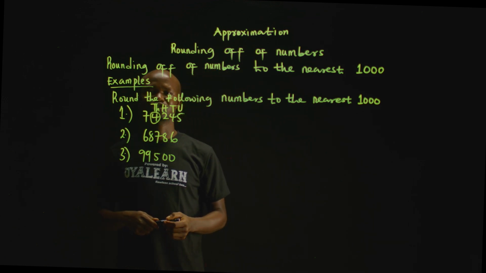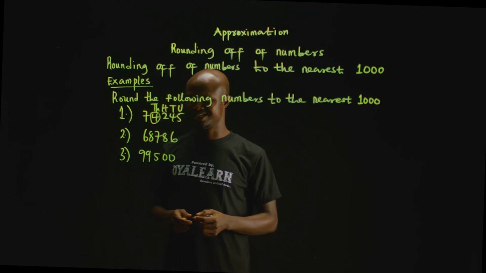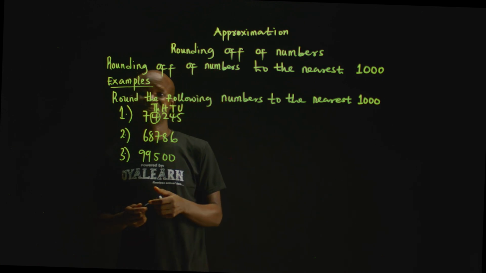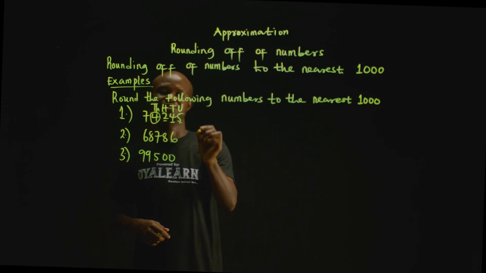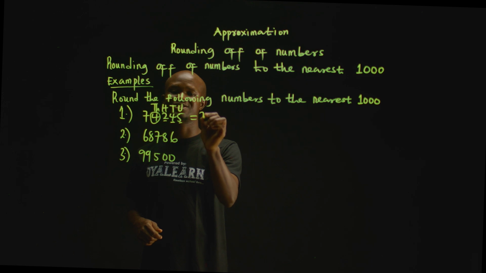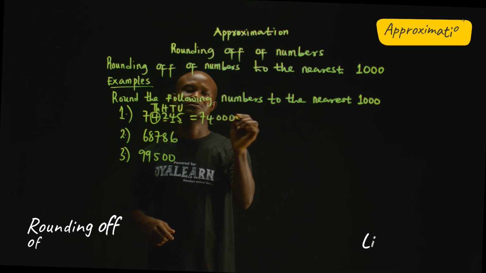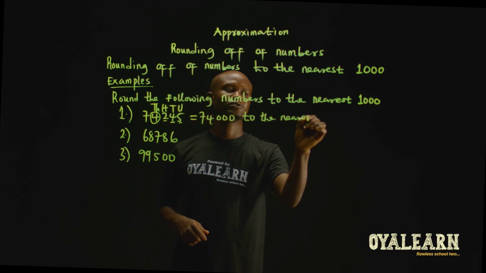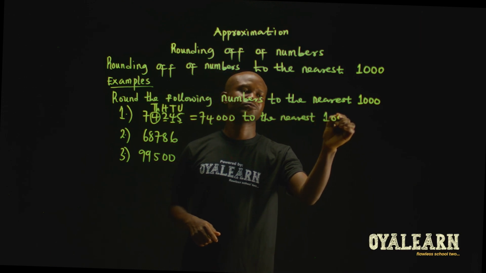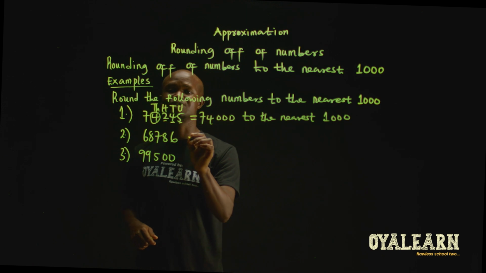And 2 is not up to 5. So in this case, 4 will remain the same. And other positions, they will turn to 0. So this will be equal to 74,000 to the nearest 1000. Now the second question,